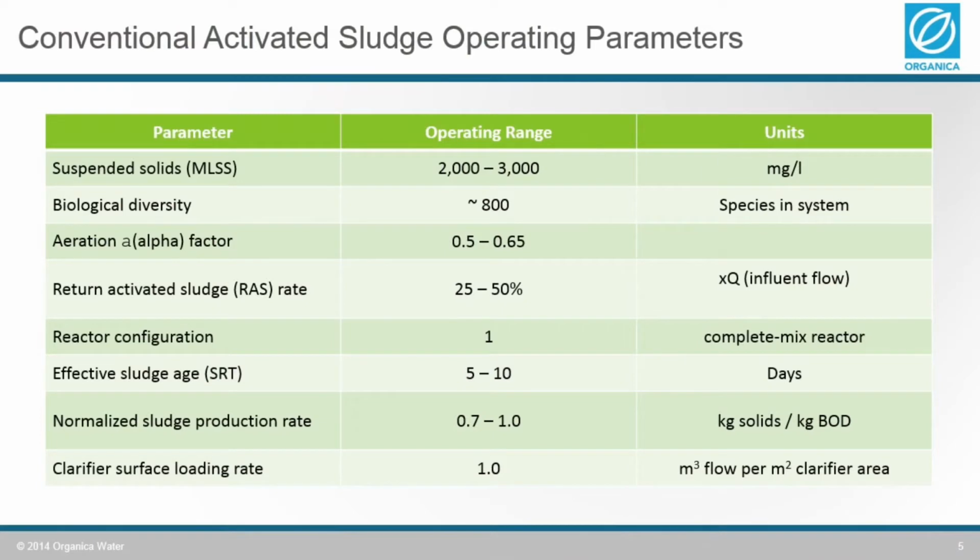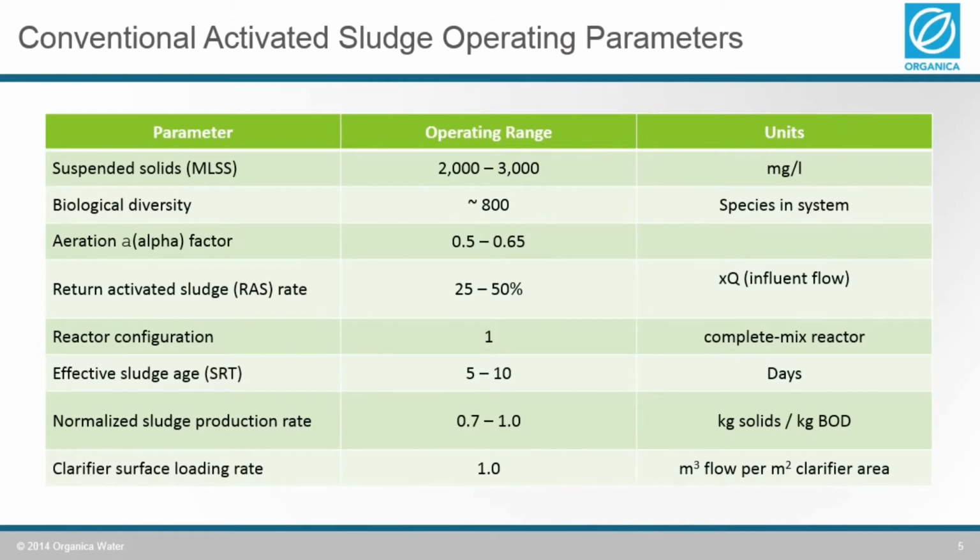So if you look at the conventional activated sludge operating parameters, again you have suspended solids, mixed liquor suspended solids, MLSS of 2,000 to 3,000 typically. Typically we see about 800 species in a biological process of this configuration, and due to the suspended growth organisms and the solids in the system, the viscosity of the liquid changes and decreases alpha factor, which is simply a measure of how efficient the oxygen transfers into the liquid. So that typically would be in the range of 0.5 to